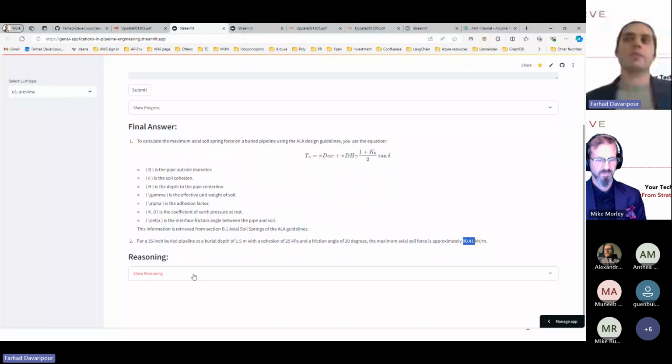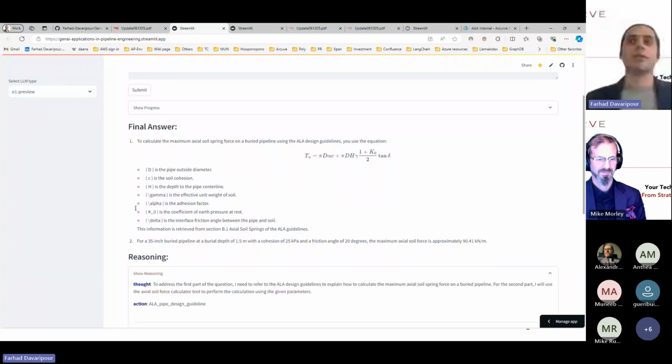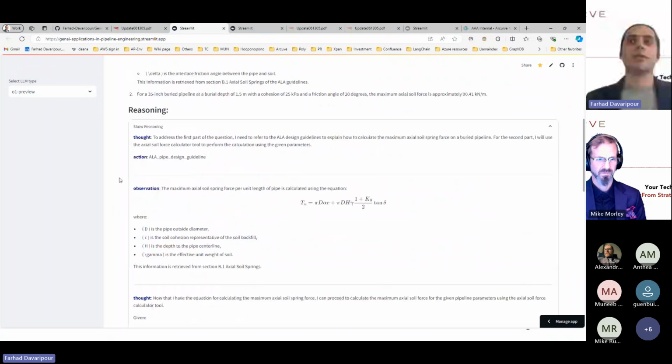But how do we know what it did? So we have no idea what was happening under the hood. This is the cool part, because we do have access to what was going on under the hood. You can basically see every step that the React agent goes through in order to get the final answer. Each one of those, A to B, B to C, is pretty transparent, and you can see that. So first it says,